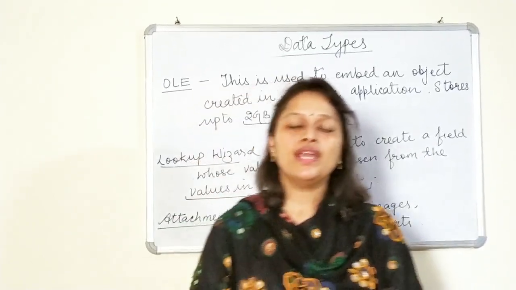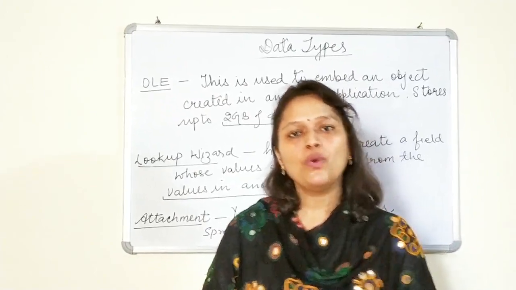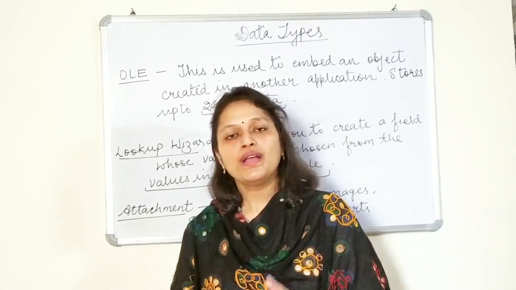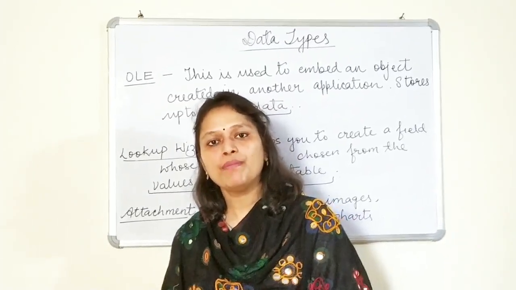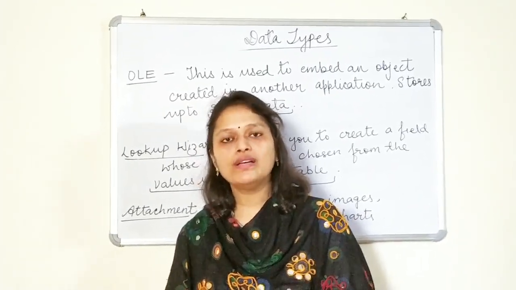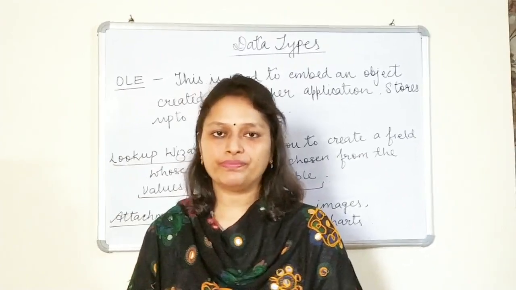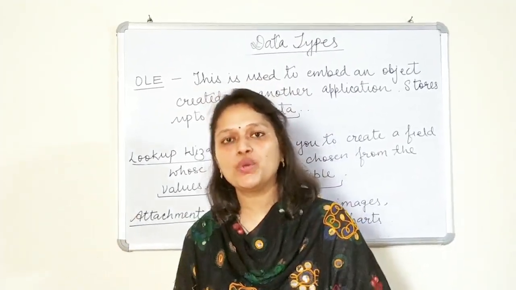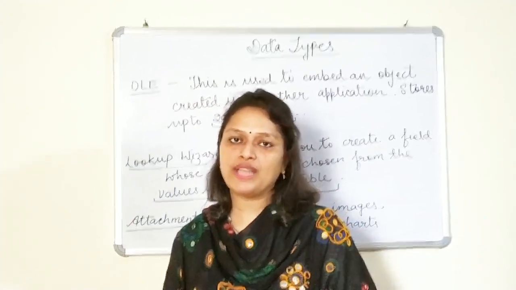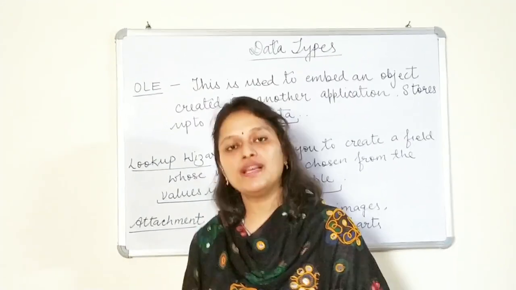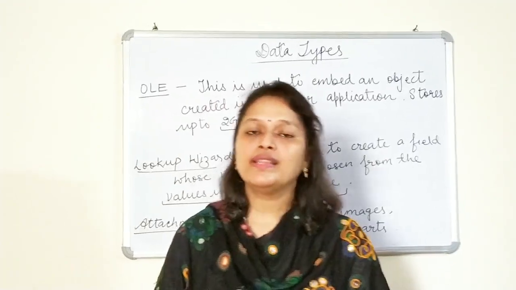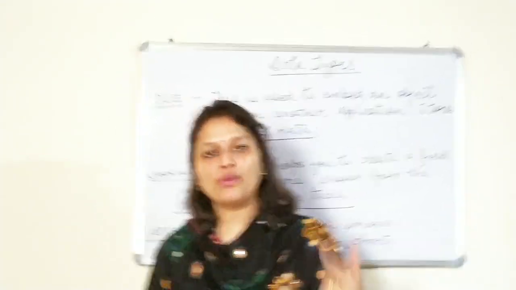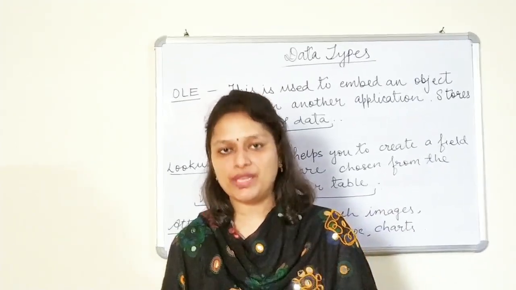This primary key ensures that no two records have the same primary key. All the entries should be different from each other. Primary key ensures that there is no duplication of data, because if we select roll number as a primary key, then we cannot enter the same roll number twice. It will give an error message.